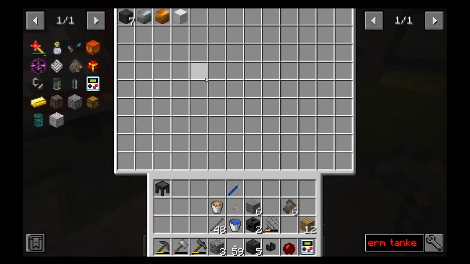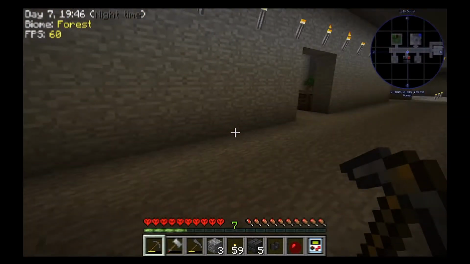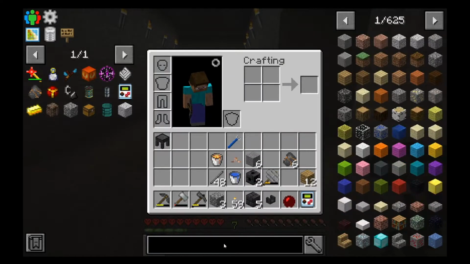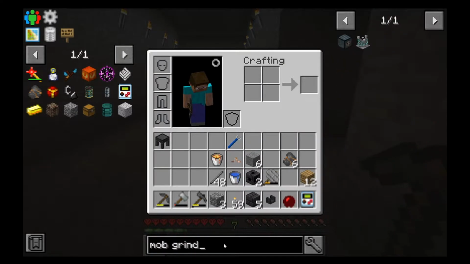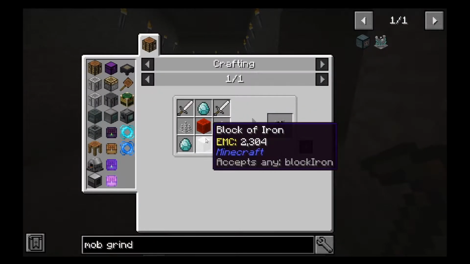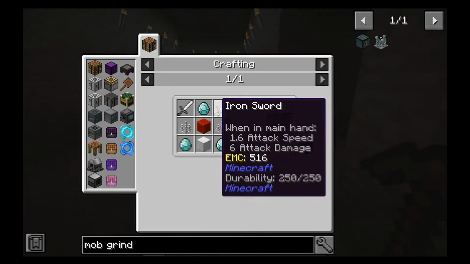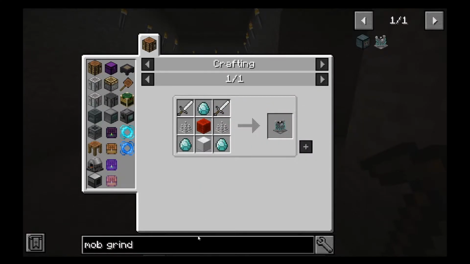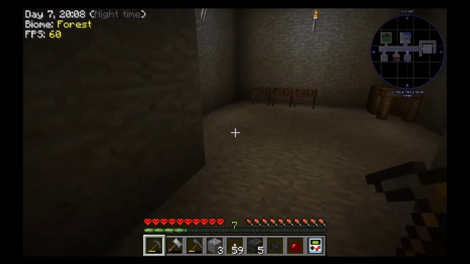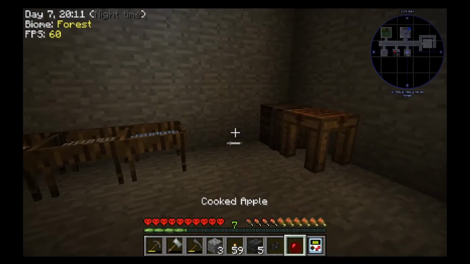So yeah, okay, so that's going to cast a bunch of iron, because what we want to make is a mob grinder. This thing from Mob Mashing Utilities. So that requires a good bit of iron, a few diamonds, some redstone, some iron sword. Yeah, and these iron spikes require iron blocks, so yeah, a good bit of materials required there, but